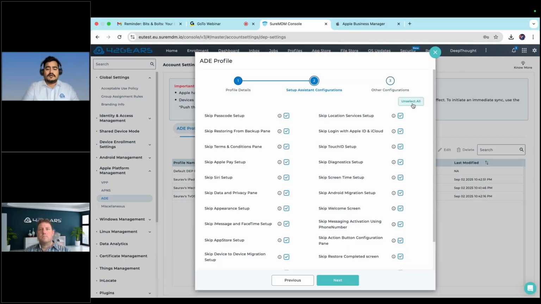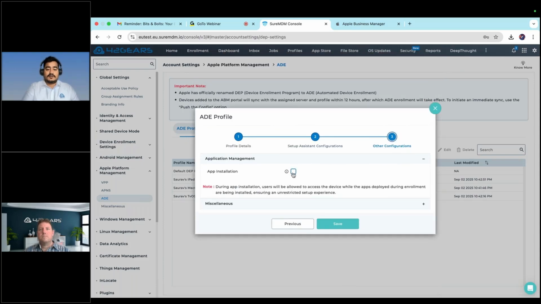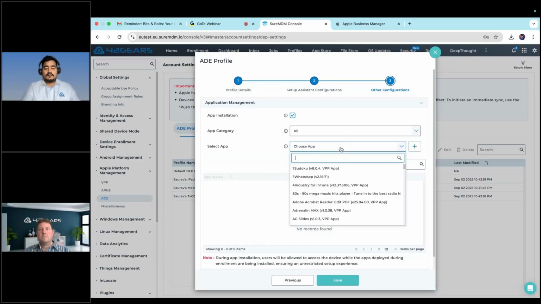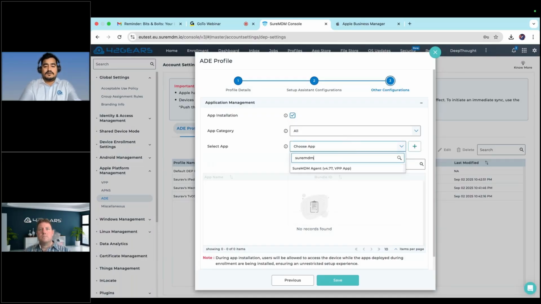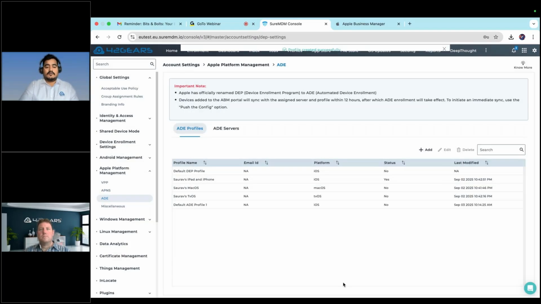You can select everything, click on next, and then it will ask you, do you want to do an app installation? I say yes, I want to do an app installation. I can search for an application. Let's say SureMDM. I select SureMDM, add it, it will be added, and then I can save it over here. So once this profile has been saved with all my configurations needed for supervision, for the startup screen,